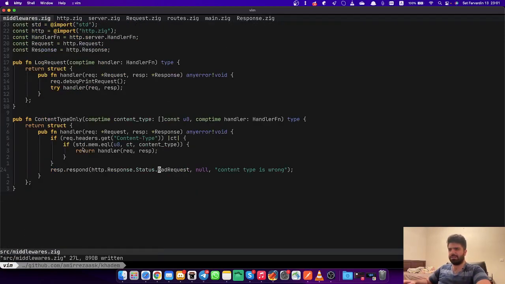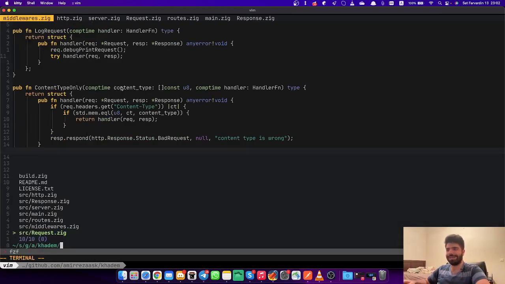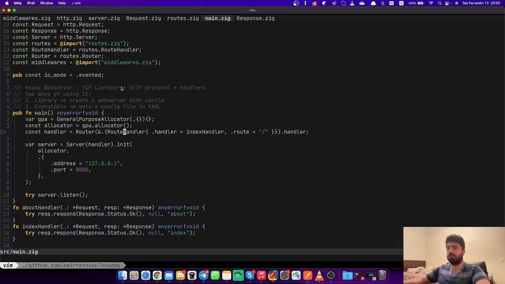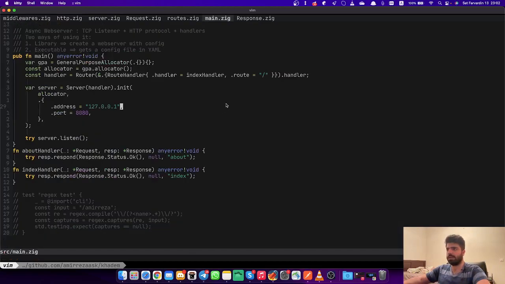I think 415 is for this, but I think this is good. Okay, I think yes. So I think we added middlewares, not the best way and not the friendliest way, but